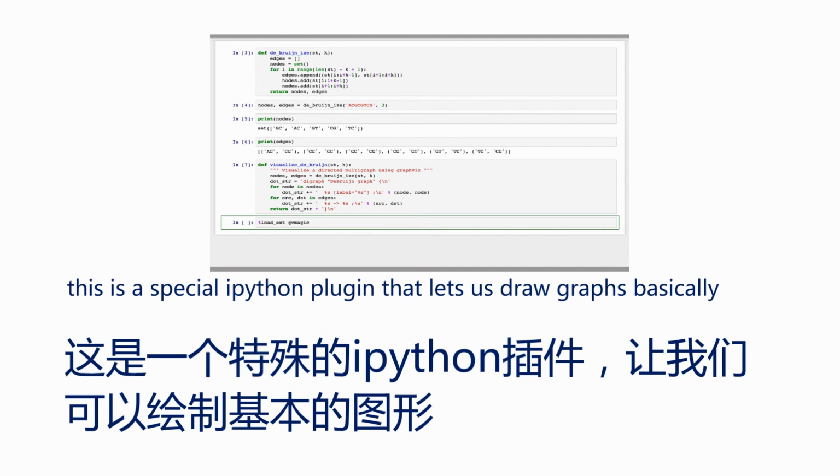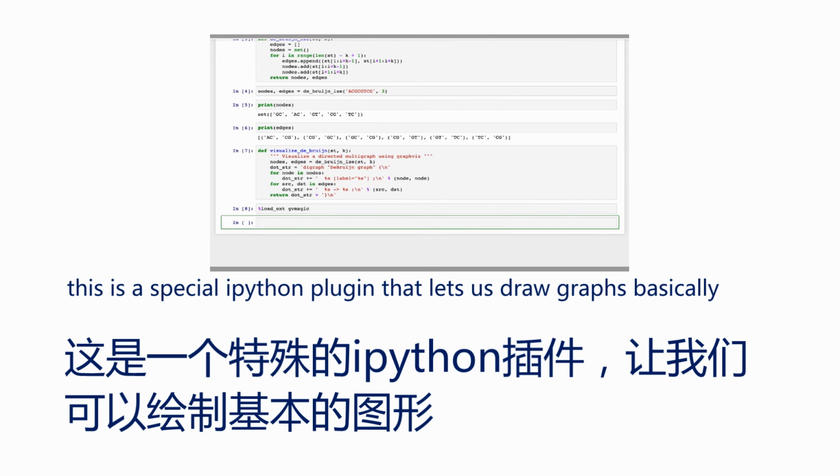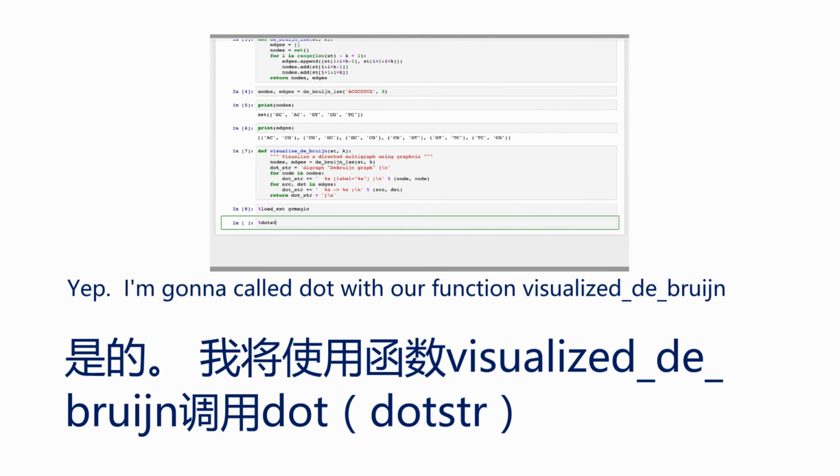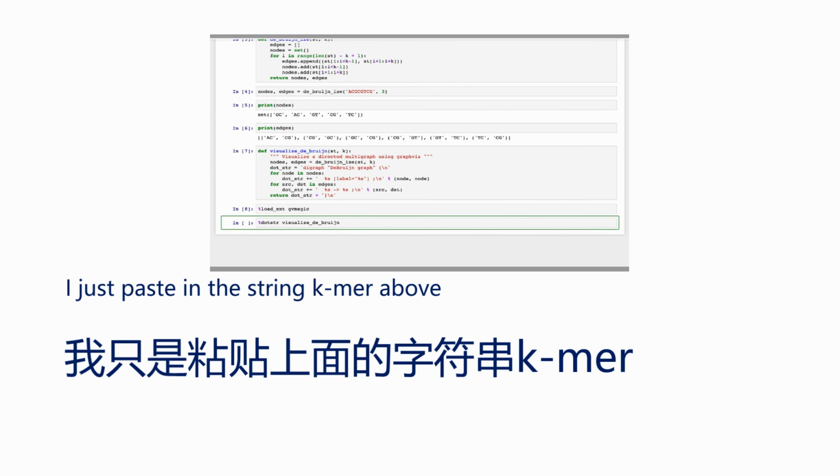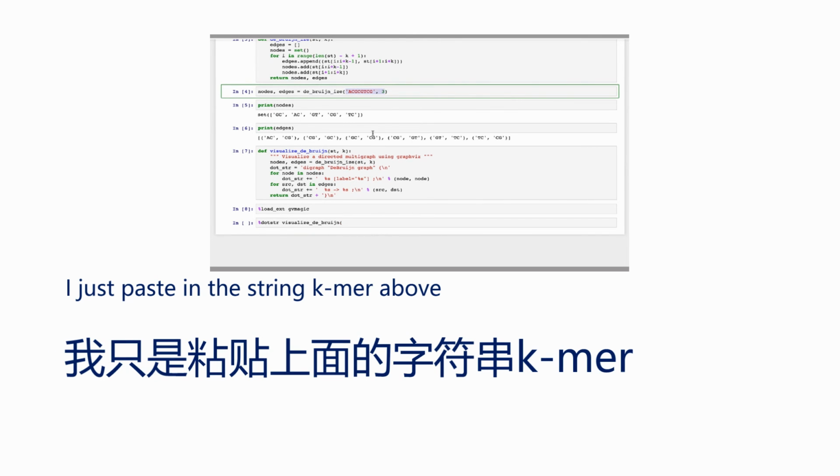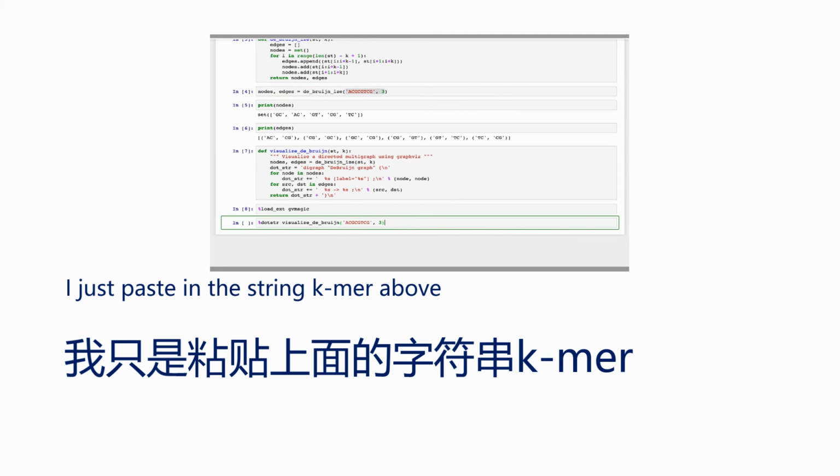This is a special IPython plugin that lets us draw graphs. Then I'll call dot visualize with our function visualize De Bruijn, and I'll just paste in the string and k-mer from above,